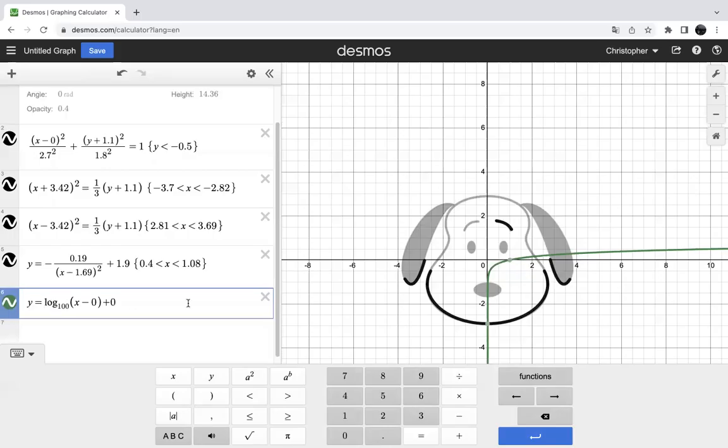Now it's going to be about shifting the graph to get it closer to the other eyebrow. So if I want to shift it to the left, I'm going to need a positive number. So I'm going to add a 1 here. And I'm going to shift it up by adding a 2. So that is close, not perfect. So let's use 1.1. So that's a bit better. And 1.9 over here. So it's not perfect, but perhaps I can use just a segment of that graph and